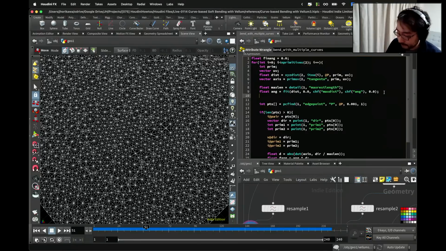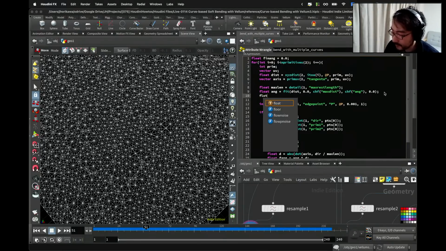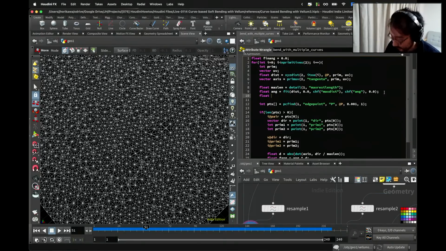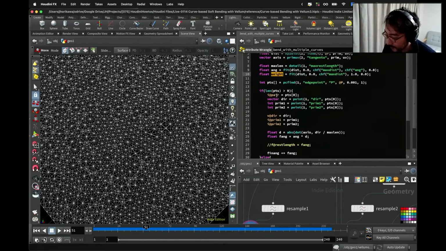So let's give another variable called weight and fit the distance from 0 to the maximum distance, and if it's equal to 0, make it 1. If it's equal to or more than the maximum distance, 0. Okay, and multiply this weight